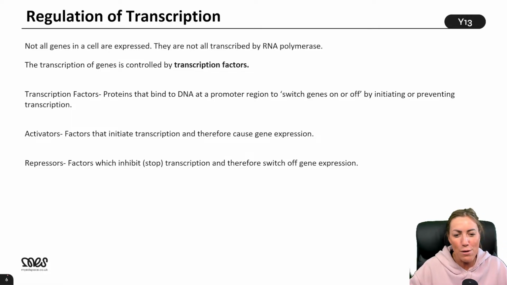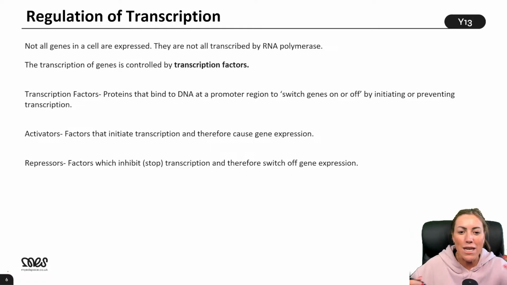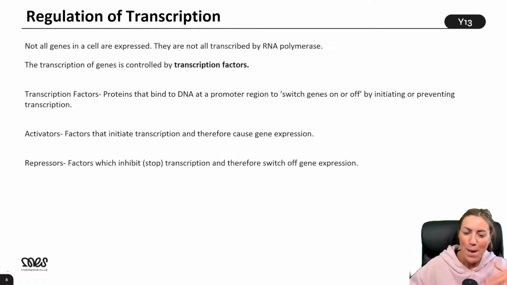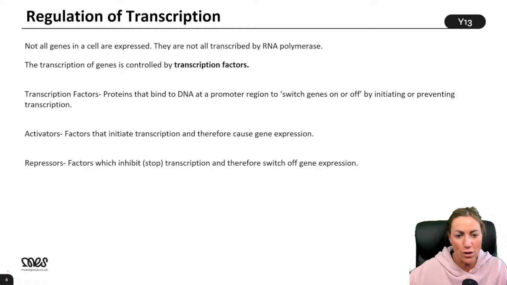I feel like a lot with biology, I remember feeling when I started doing A-level that my GCSE teachers had lied to me because they started telling me all this new stuff. And I was like, no one told me about this at GCSE. It's kind of like that here. It's like when you were learning about transcription in year 12, no one told you about regulation of transcription. But I guess we're trying to build the difficulty, yeah, through year 12 and year 13.